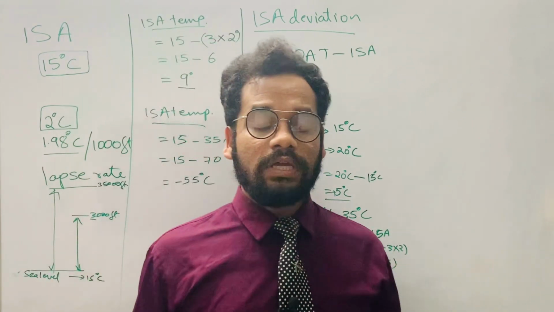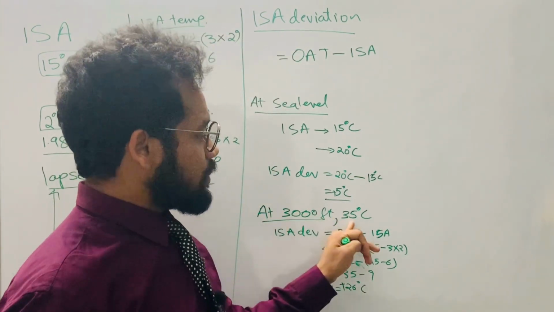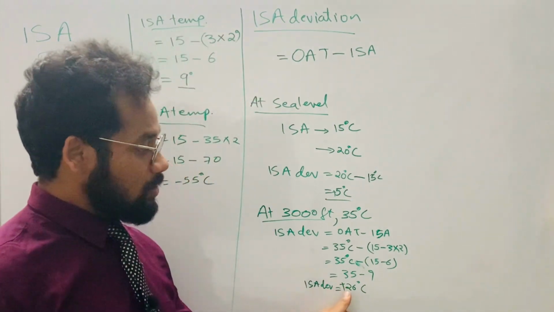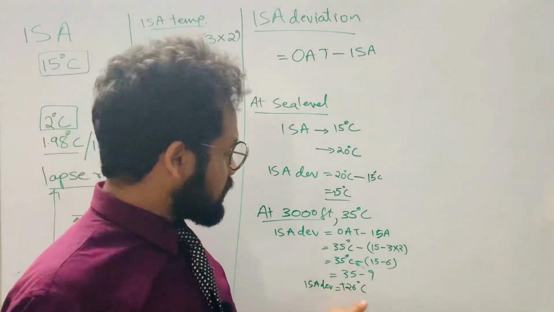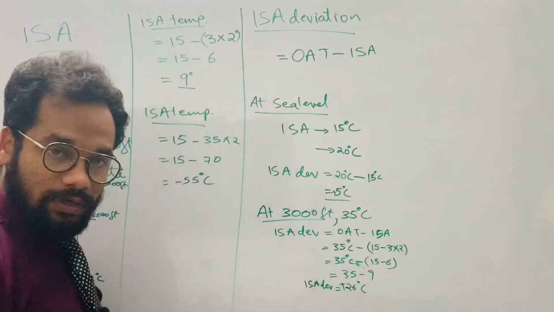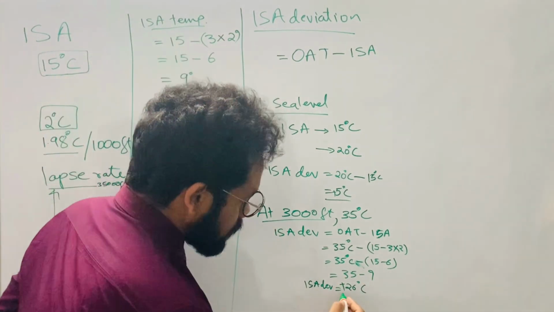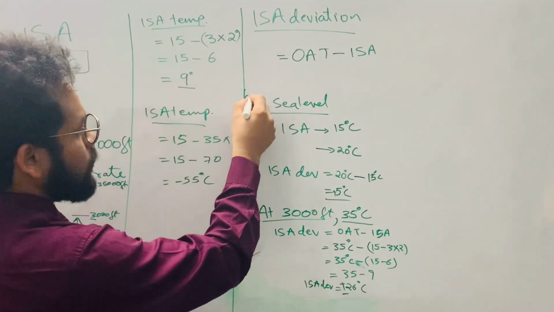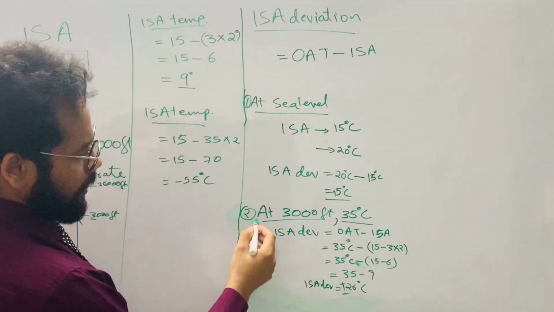So moral of the story, at 3000 feet, if OAT or actual temperature is 35 degrees Celsius, then the ISA deviation is plus 26 degrees, warmer than the ISA temperature, which is 9 degrees at 3000 feet. Okay, so this is one case. Let's take another example. Suppose this is example number 1 at sea level, example number 2 at 3000 feet